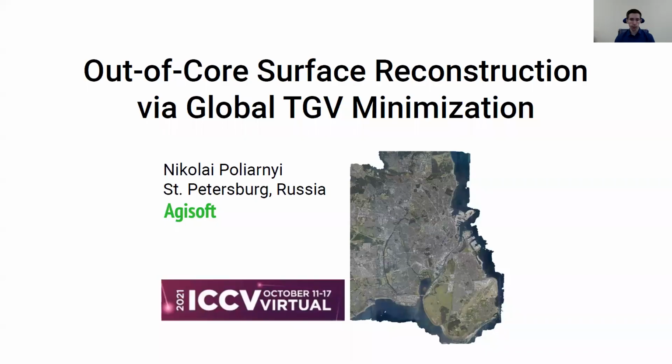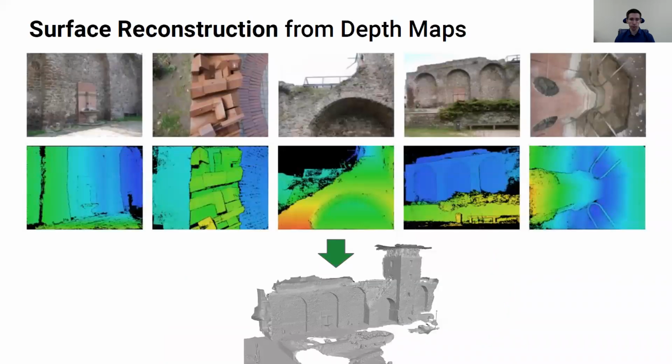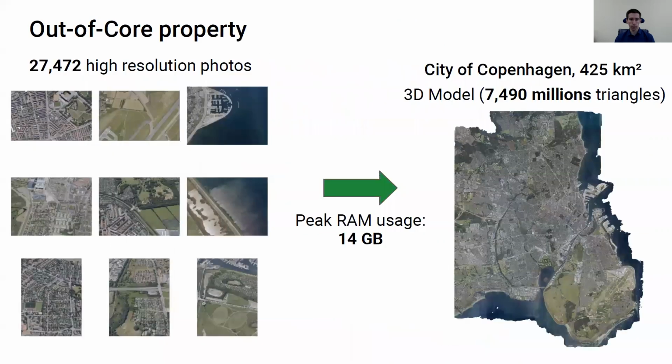I am from Agisoft, and I will present a paper on out-of-core surface reconstruction via global TGV minimization. Our goal was to implement a method of polygonal surface reconstruction from given photogrammetric or LiDAR depth maps. The main research interest was to make it applicable on any computer with any operative memory size, even for large datasets. We wanted to develop an out-of-core method so that peak operative memory usage is small independently of the number